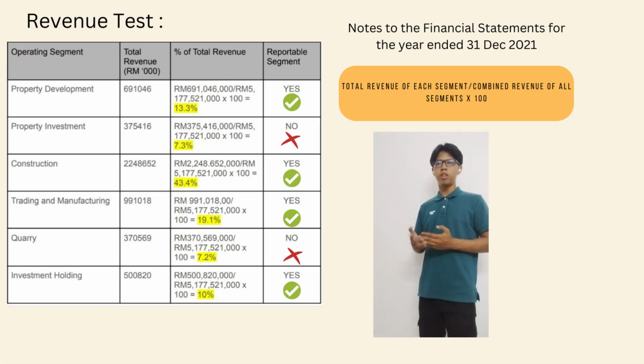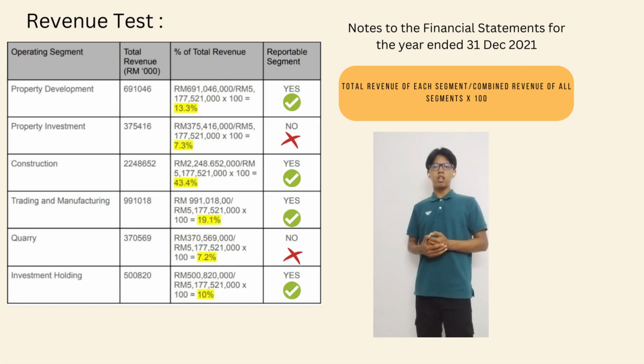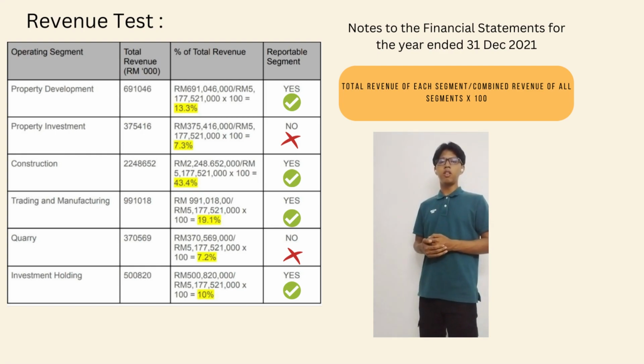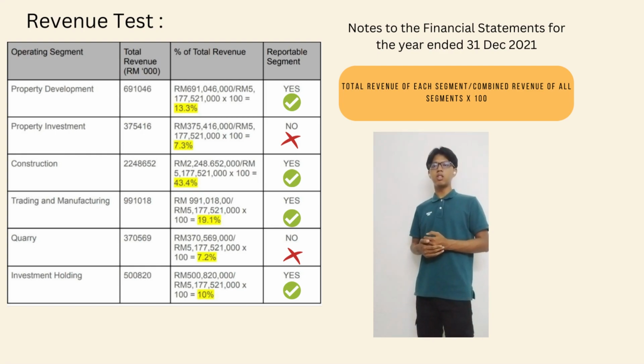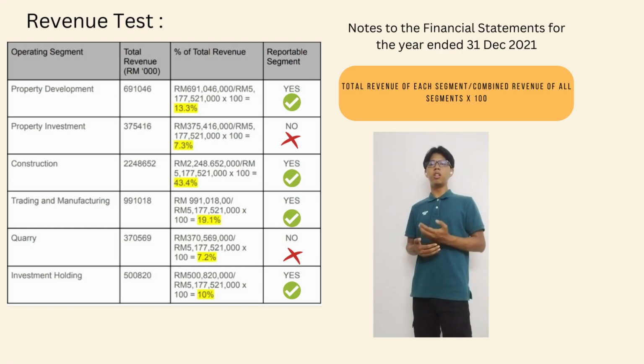Alright, for property development, after calculation, we get 13.3%, which exceeds the 10% requirement, so it can be a reportable segment. For property investment, after calculation, we only get 7.3%, which is lower than the 10% requirement. So it cannot be